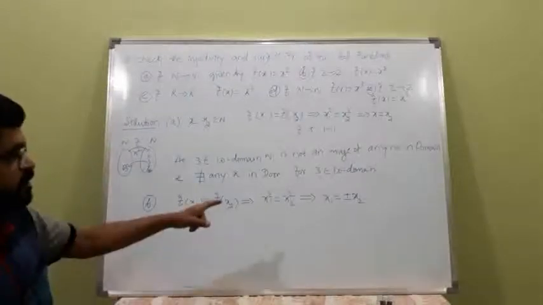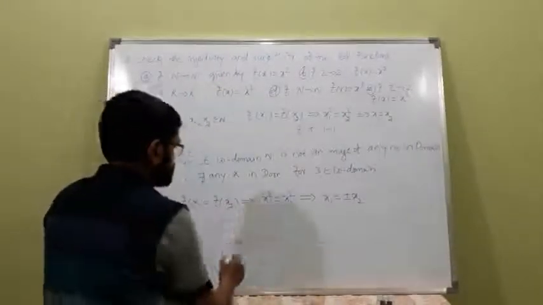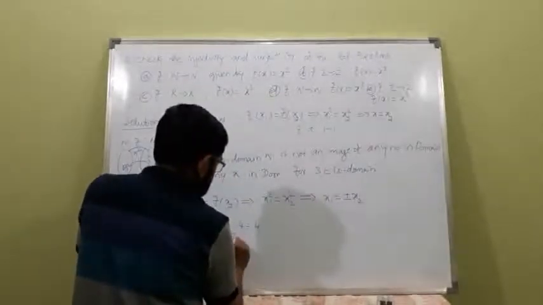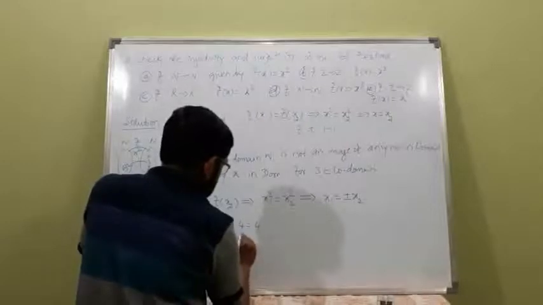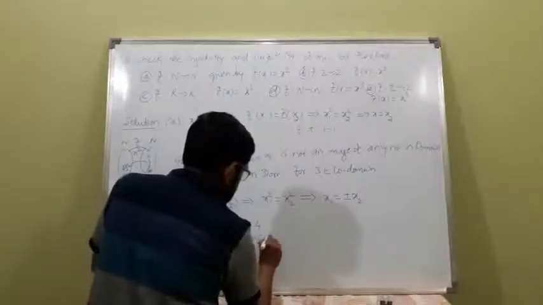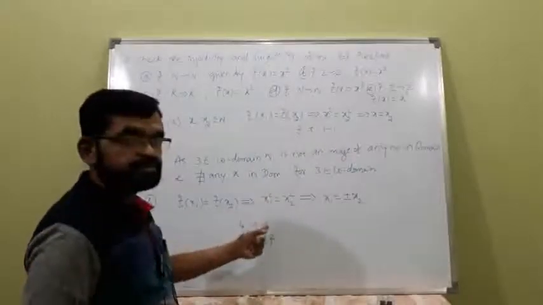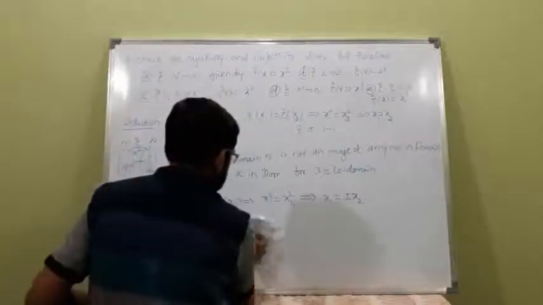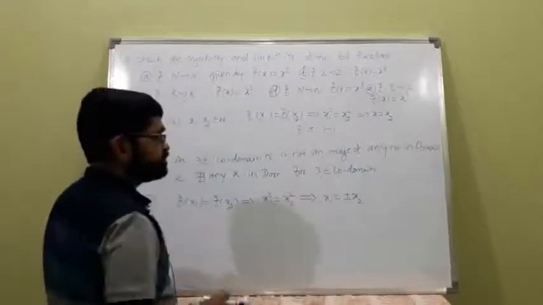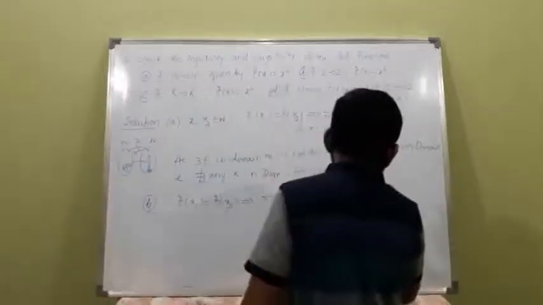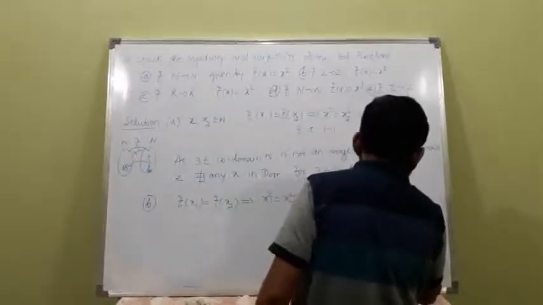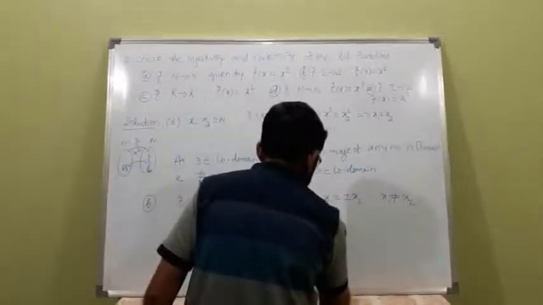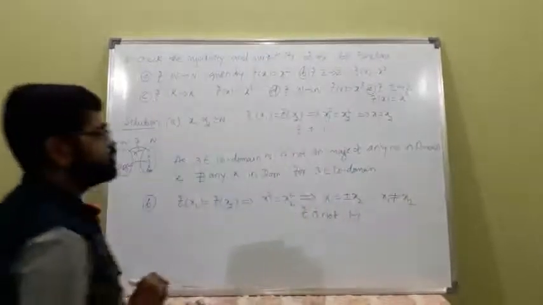Do you got it? Suppose, say, this 4, this may be 2 square or minus 2 square. Okay, if you take square roots, this may be 2 or minus 2, but you can't say uniquely. Therefore x1 is not same as x2, therefore f is not 1 to 1.